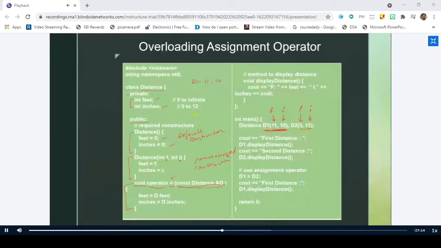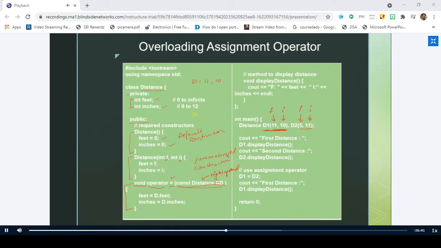Right operand, sir. Super, right. So we have to pass only the right operand. This point is very, very important. I have been telling you repeatedly, but you are not concentrating. Please concentrate. In case of binary operator overloading, if you are defining the binary operator as a member function of the class, you need to pass only the right operand as the parameter to the function. Nothing to do with the left operand, right? Why? Because the left operand is automatically taken care of by the compiler.